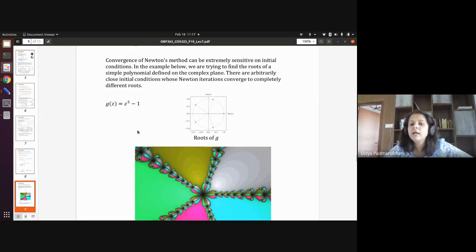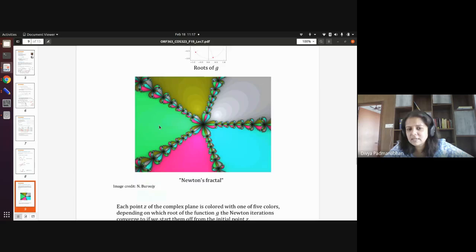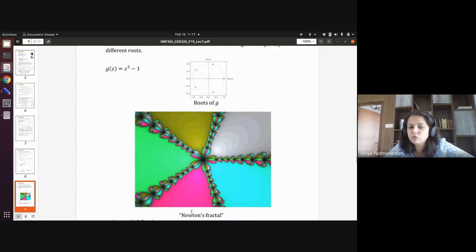And so this is an illustrative visual where, depending on where you start your initial point x naught, you're going to get a different answer. This is a whole region of the complex plane. If you start from anything in this region, which is kind of greenish brown, you will come to the same point. You will finally converge to the same point if you apply Newton's method.